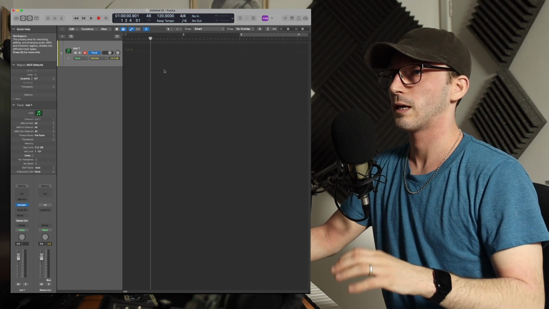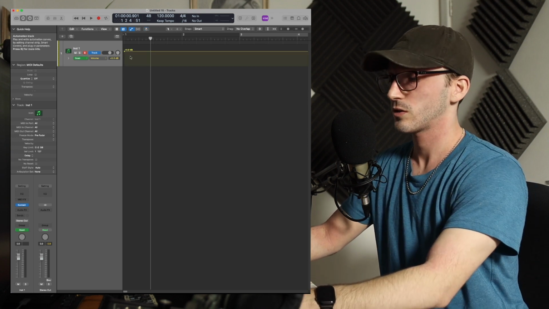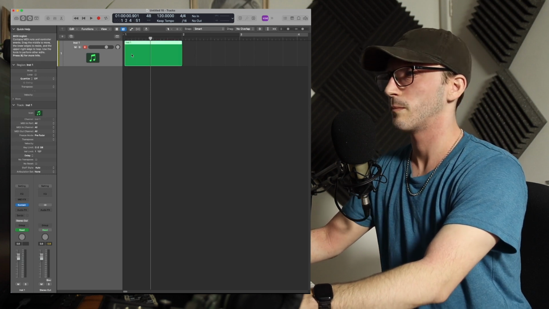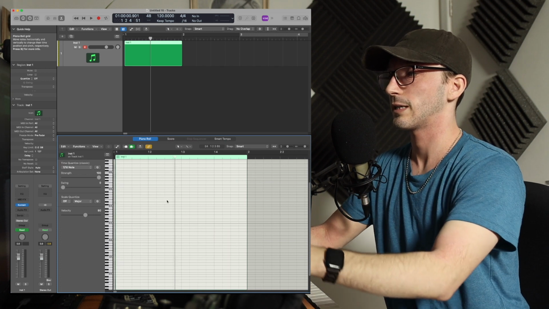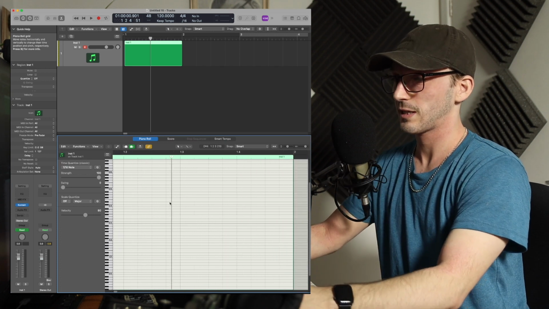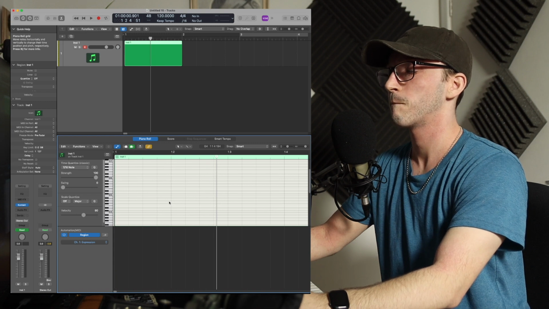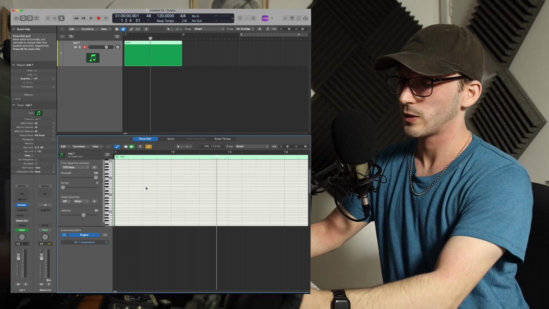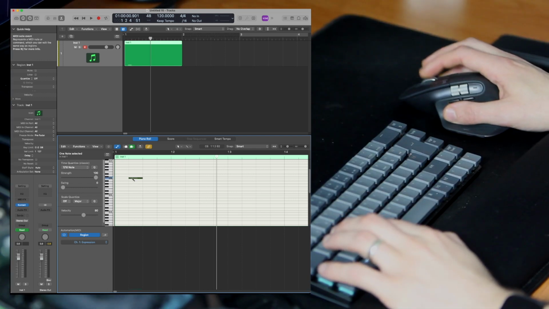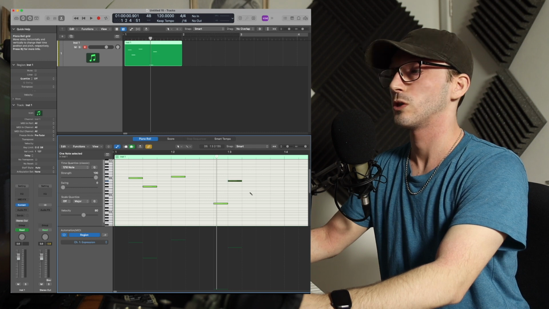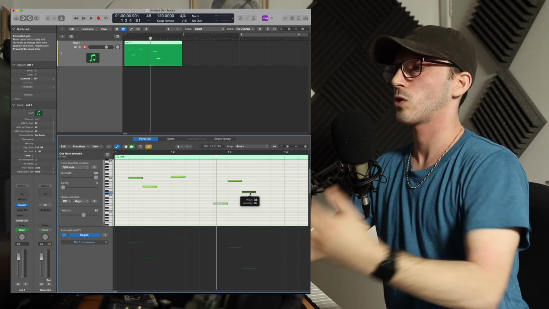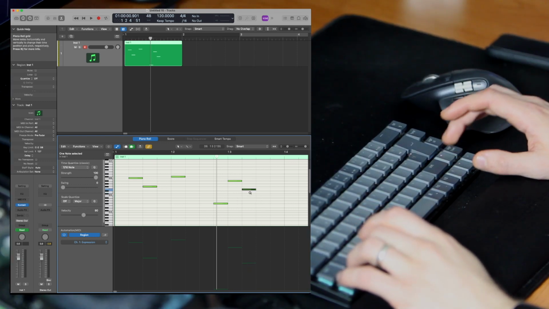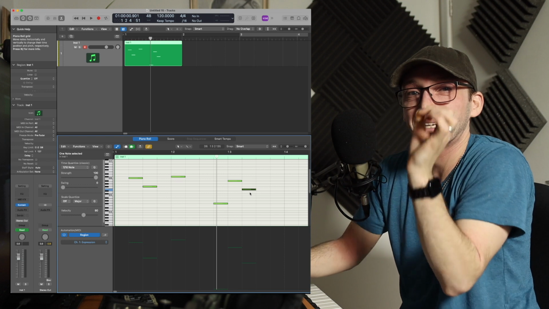But let's jump in and look at some more technical stuff. So if I just get off the automations, right click, create MIDI region, and go into a MIDI region by clicking E. So you can see now I'm in this area. I'm also going to select A, automations, while I'm in here. And let's create some notes. Now, a quick and easy way of doing this is pressing Command and then clicking. This will create notes wherever you click. But maybe you don't want the note to be there, so you can press Option and up and down to move it around. Instead of going in with your mouse and trying to drag it and get the little bit,